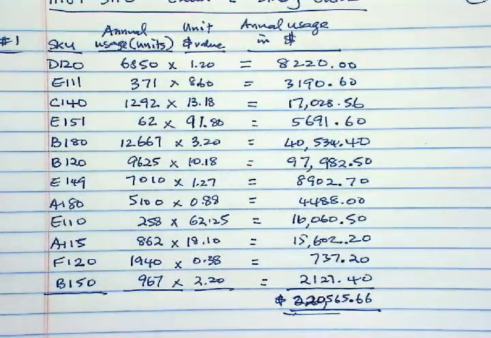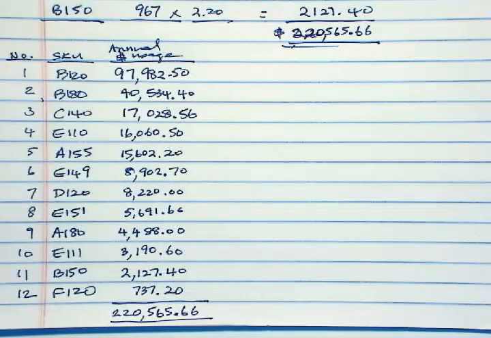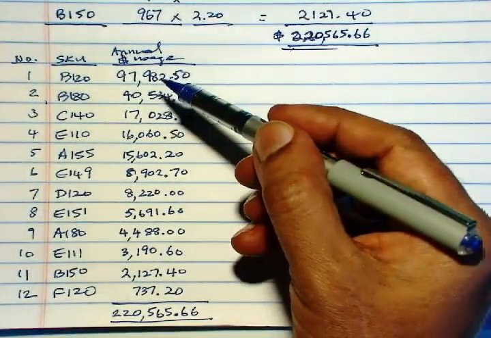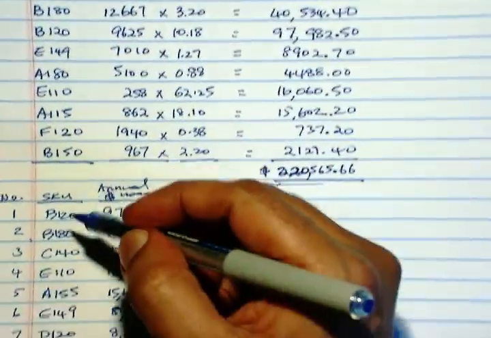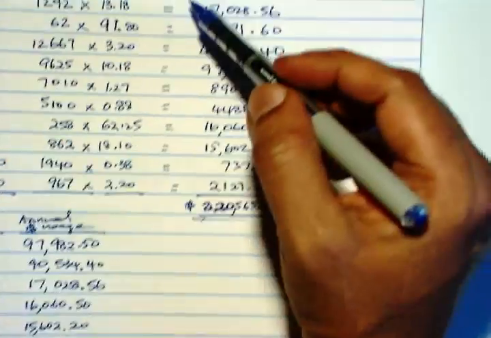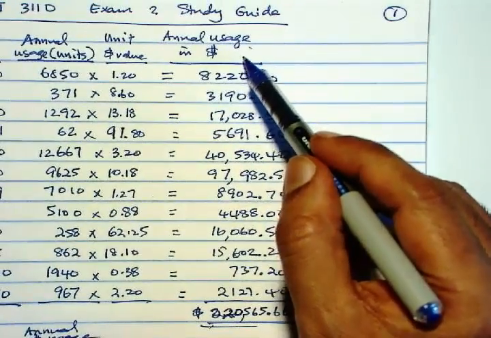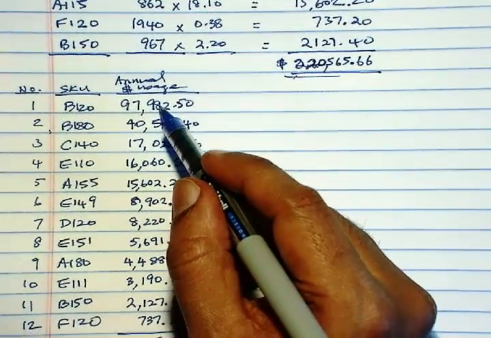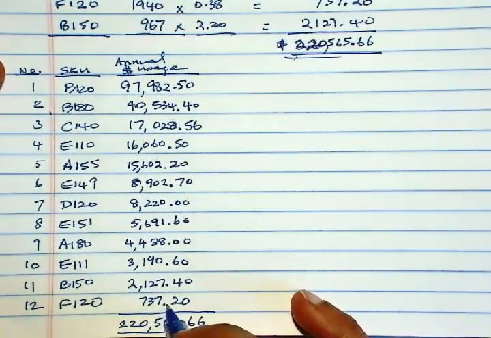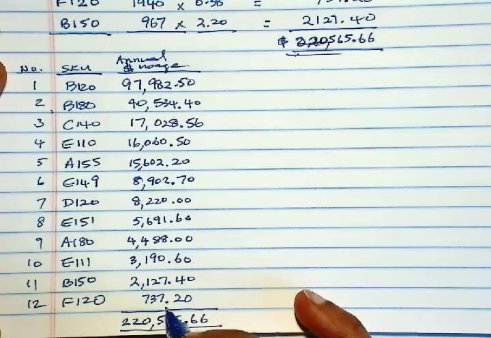So I'm going to do that next. So I have the list of items sorted by annual dollar usage. So the largest dollar usage is at the top and the smallest dollar usage at the bottom, in descending